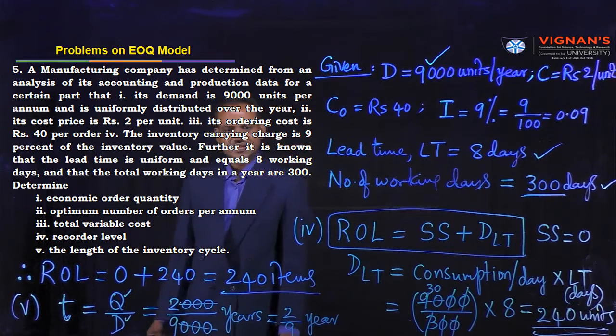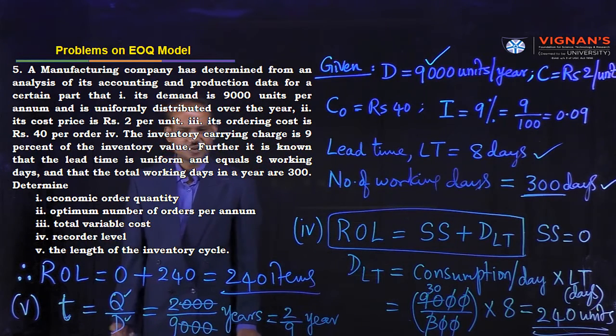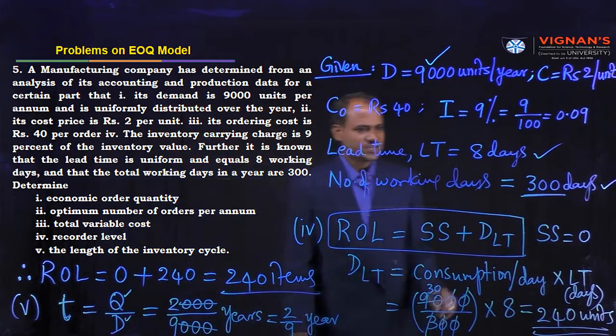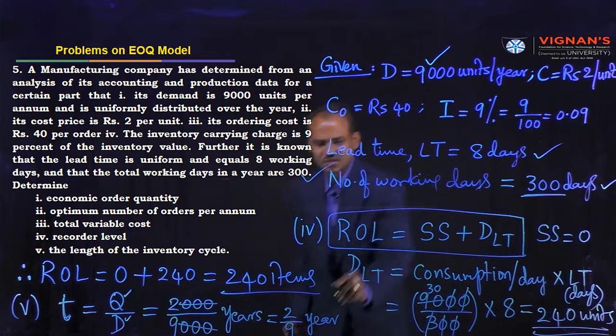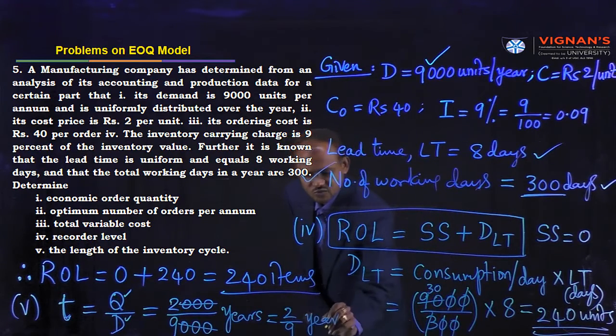2 by 9 years means days. In terms of days, you can express it. We know that the number of working days is equal to 300 days. Therefore, 2 by 9